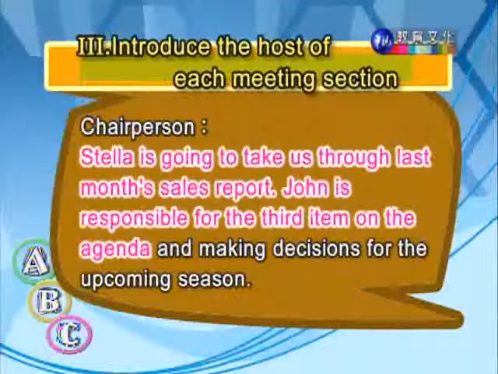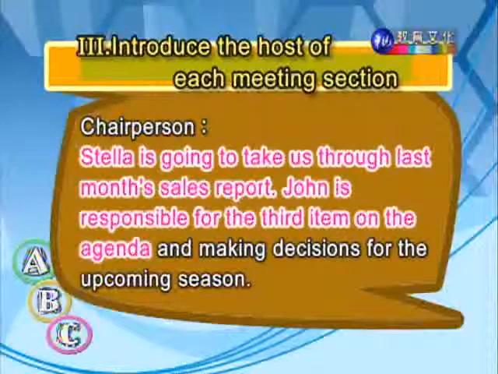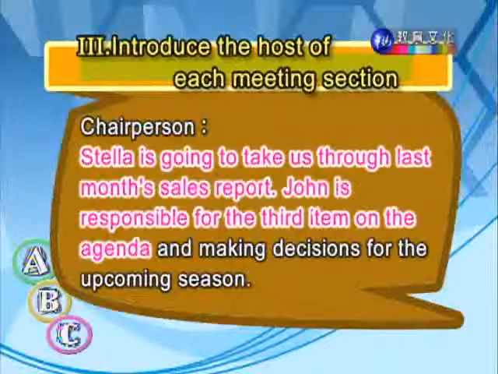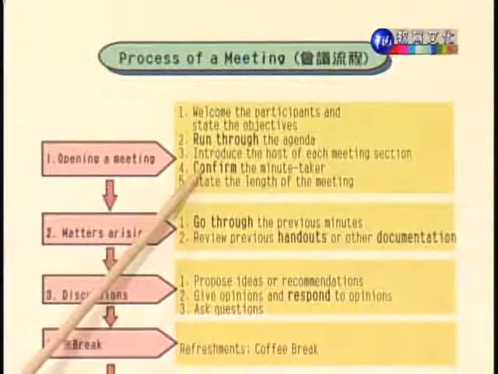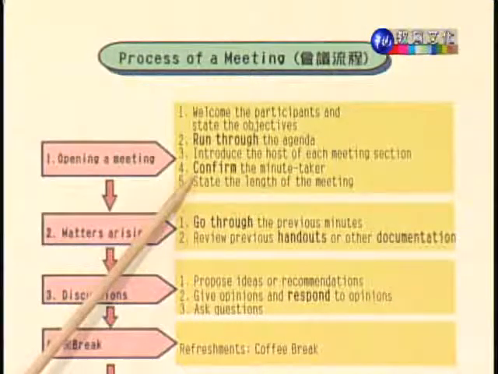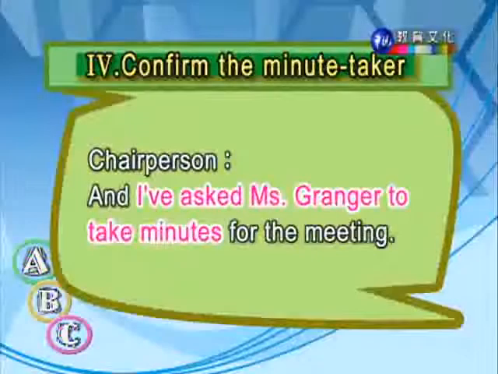我们可以看到这边有几个 host 主持人在不同的阶段。第一个 Stella，她要 take us through，带领我们看一下上个月的销售报告 sales report。再来 John 要负责 be responsible for，他要负责议程上的第3个 item，最后还要负责 making decisions for the upcoming season，所以他可能要集结大家的意见，然后做一个决定。在下一个步骤 confirm the minute taker，就是要确认今天的会议记录者是谁。我们请 Barry 老师来念一下这边的例句。